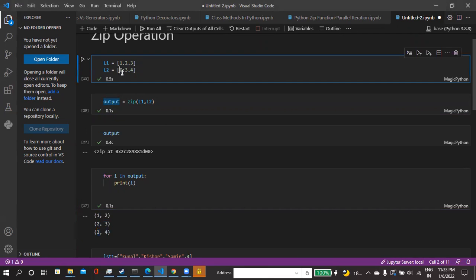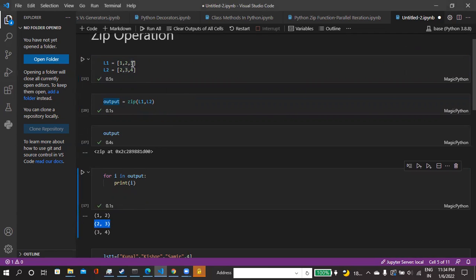So 1 2 is nothing but the zeroth index of L1 and the zeroth index of L2. They are merged together and create one tuple. In the same way, index 1 from L1 and index 1 from L2 merge together and create the second tuple.